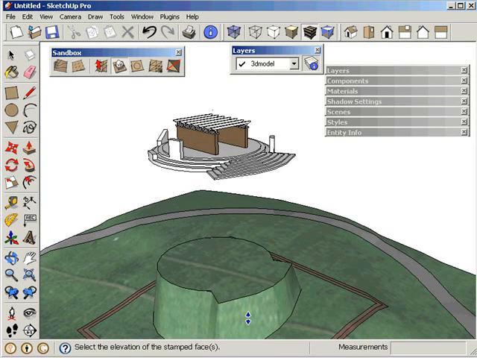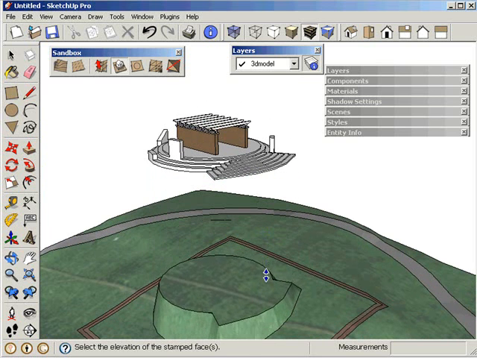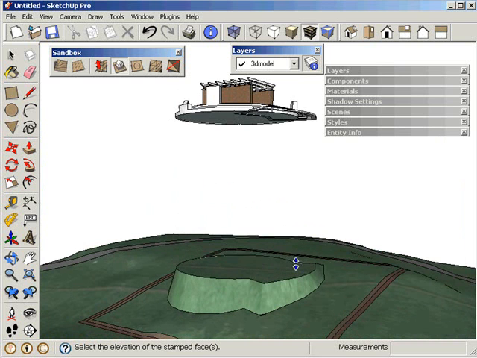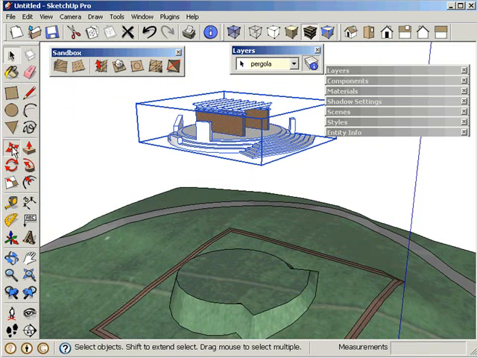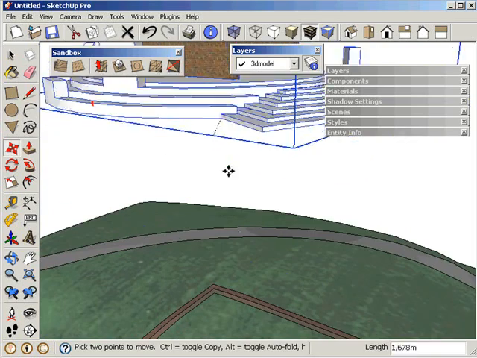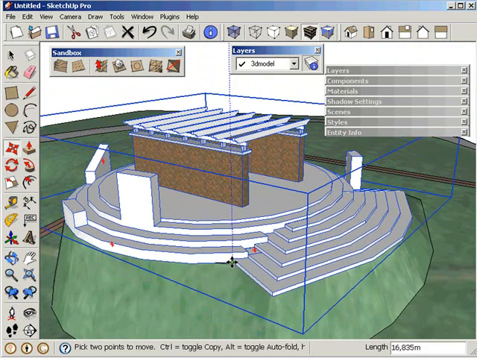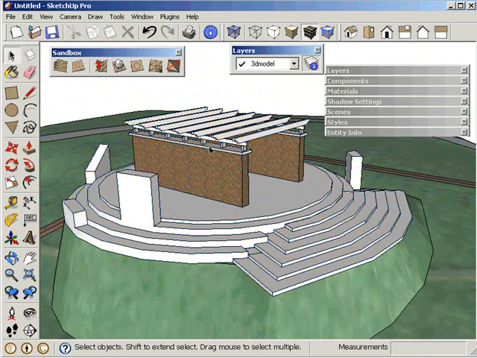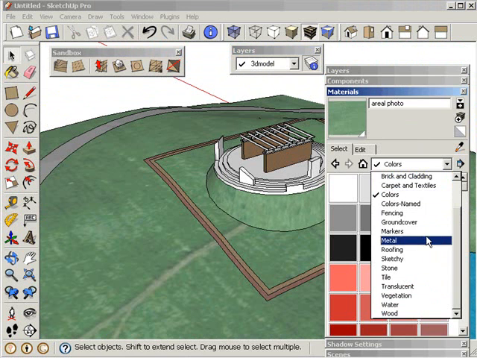Then we click over the terrain, and then we could see that some kind of a platform is created. It's flexible with the height, so we could decide the height of it, something like this. And then we select the pergola and move it, we try to select the right point and bring it down to the right point. So here is the pergola placed on the site,